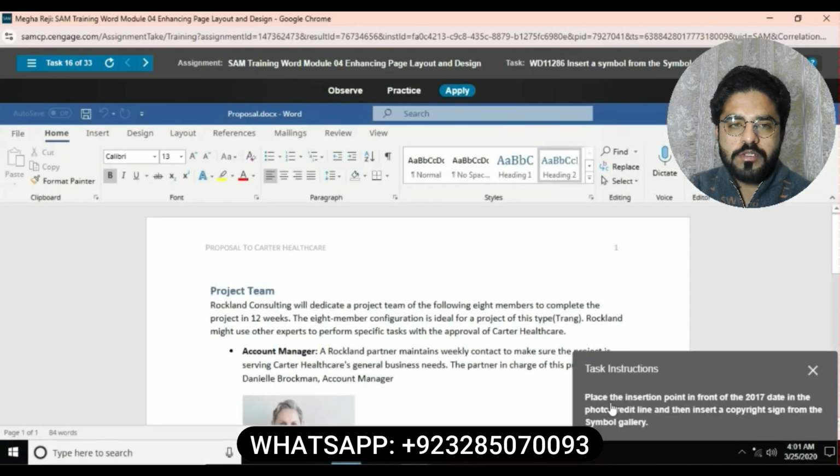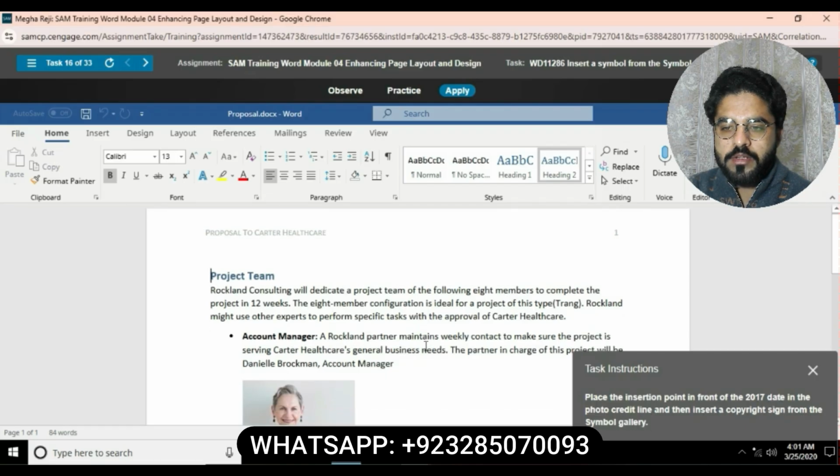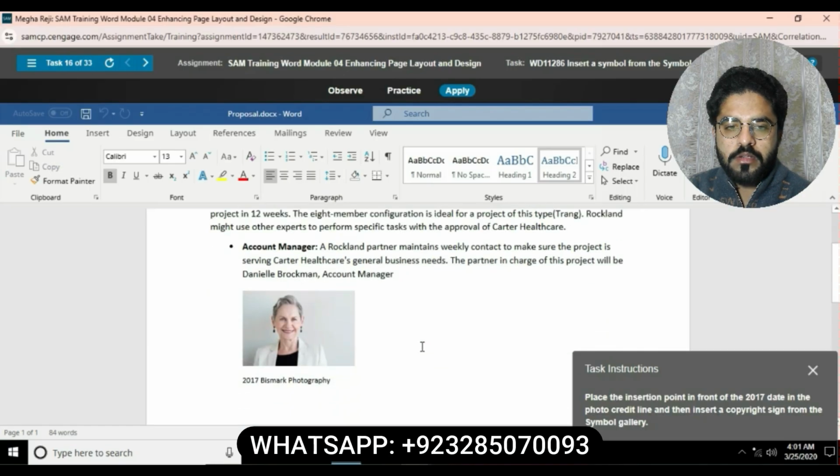The next question is question number 16. Then place the insertion point to the front of the 2017 date in the photo credit line and then insert a copyright sign from the symbol gallery. First we will select this text front of date is